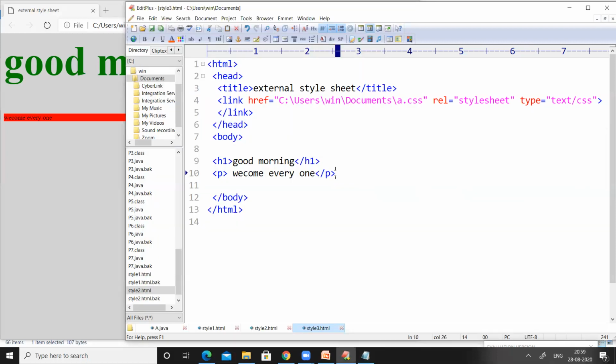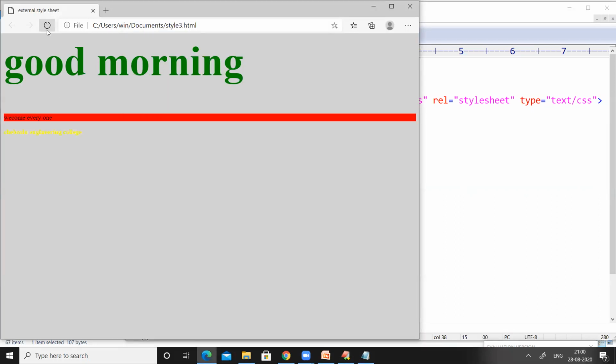Now I'm going to use this B tag here, B, and I am writing the name of our college here, and I'm closing the B tag. Now save the code and refresh here.